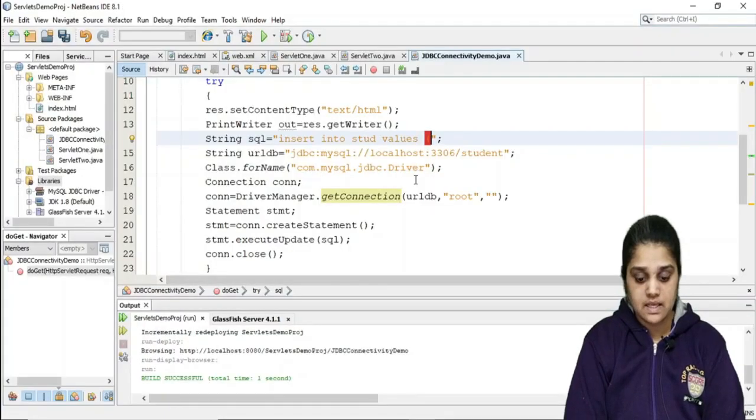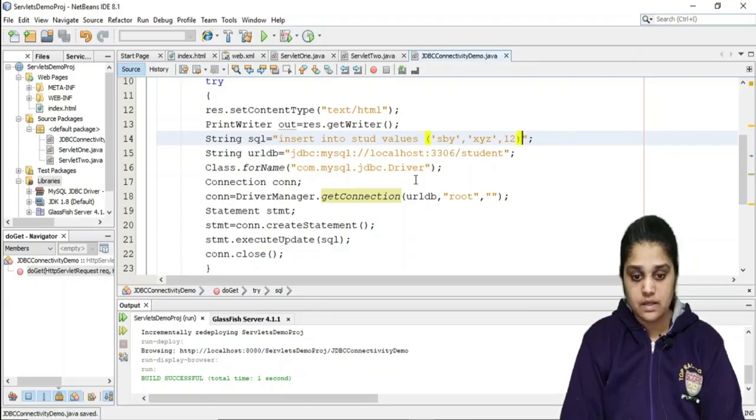So name is, say, this, then surname is XYZ, and age is 12. Let it be this, and the rest remains the same.